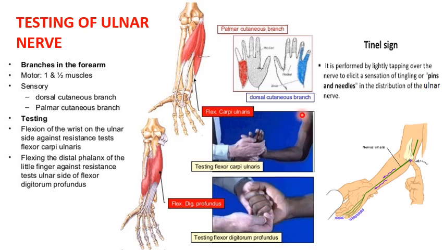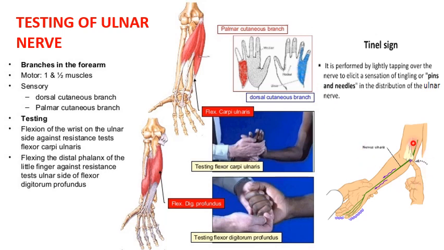And to test the palmar and dorsal cutaneous branch, the sensations, if there is pain, numbness and tingling sensations that are experienced on the hypothenar eminence and medial half of the palm and medial 1.5 fingers on the palmar and dorsal aspect, they can be tested for the functioning of the cutaneous nerves, which are the branches of the ulnar